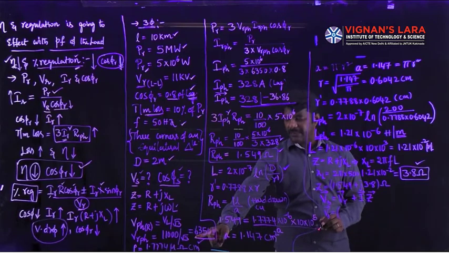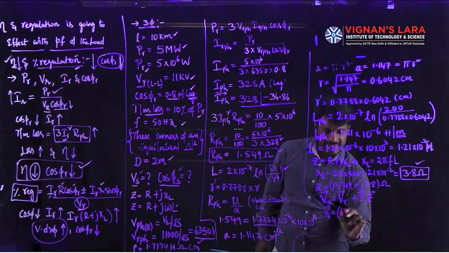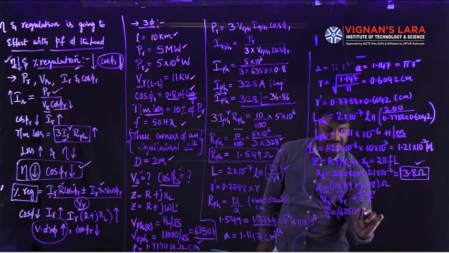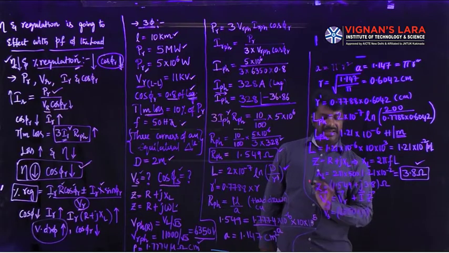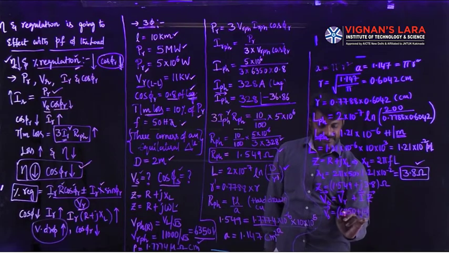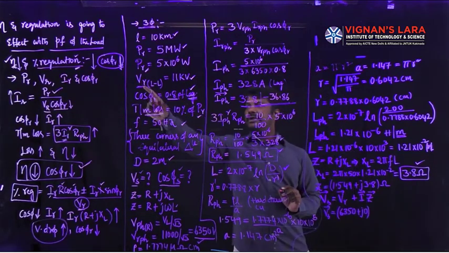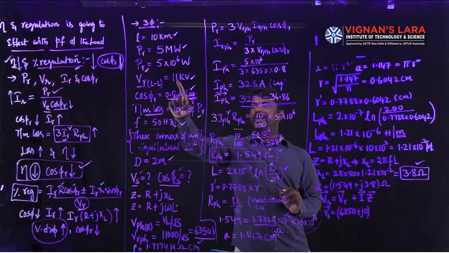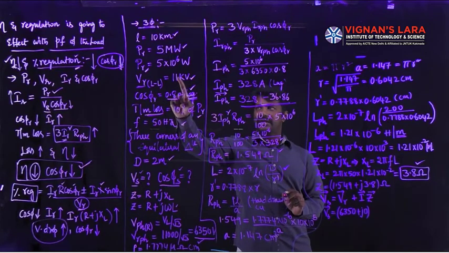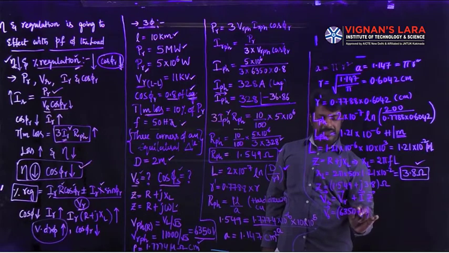So the VR per phase is 6350 volts. Therefore, which is taken as reference, 6350 volts. Since I am telling that it is reference, in the complex notation I can write it as 6350 plus j0. Here you may make a mistake. Instead of taking the phase value, because of observing data given in line values, you may directly place 11,000, but you should not do that. You have to place 11,000 by root 3, the value 6350 volts plus j0.